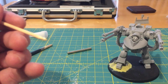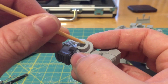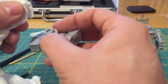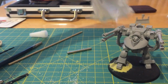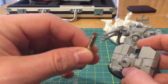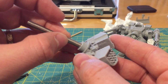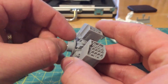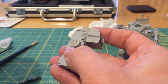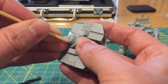You still don't want to be messy, but I had to be quite careful with the amount of glue I put in the other location. There we go, and just wipe a little bit of that excess off. So now I've got my magnet stack, remembering I need to put the orange end into the aperture. That's 1 and that's 2, and then just going to quickly slide that off and drop it. Then, using again the wooden cocktail stick, just push it into position, get it flat. And it's important to work quickly